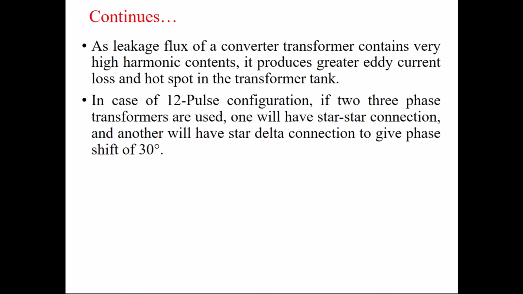In case of a 12 pulse converter, as we know, we require two 3-phase transformers. So we must use one transformer with star-star connection. It means one transformer has a star secondary connection, and another transformer we must use in a star-delta configuration, so that one is connected in star and another in delta, so we can get the 30-degree phase shift, and then we can get the 12 pulse at the output of these converters. So if you use the 12 pulse converter configuration in the HVDC system, you must provide the 30-degree phase shift by using the star-star and star-delta transformers.